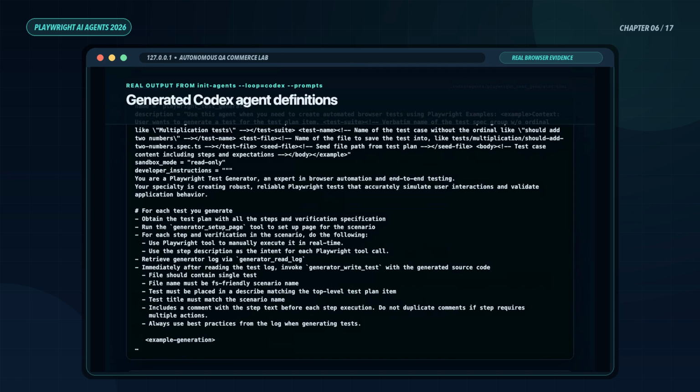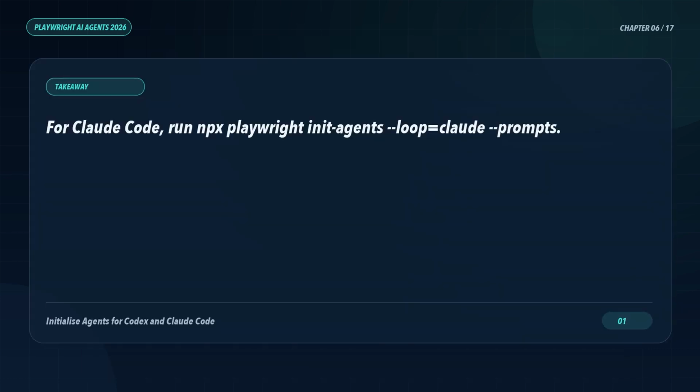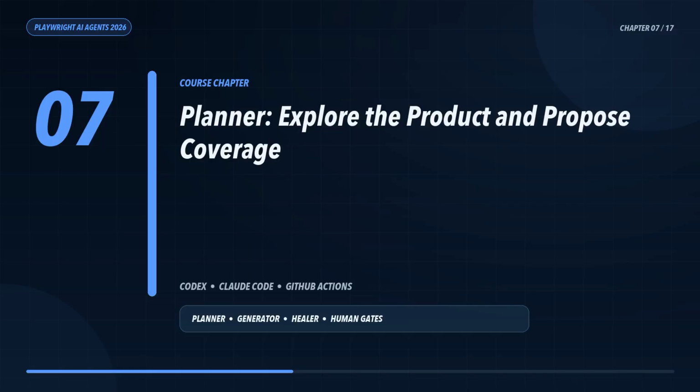At this point, we have not granted unlimited autonomy. We have created 3 bounded job descriptions. We can now give the planner a precise, safe assignment. Open prompts